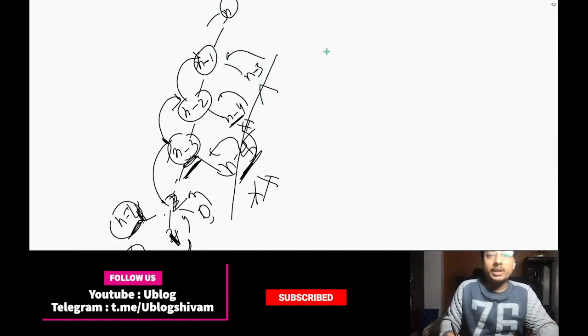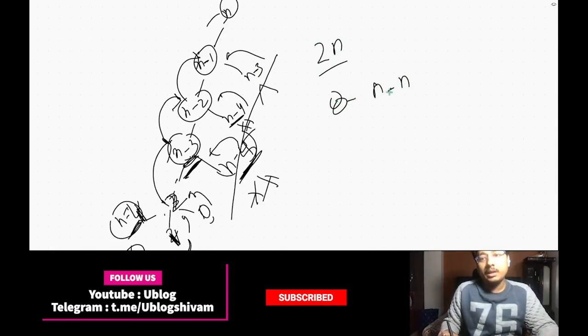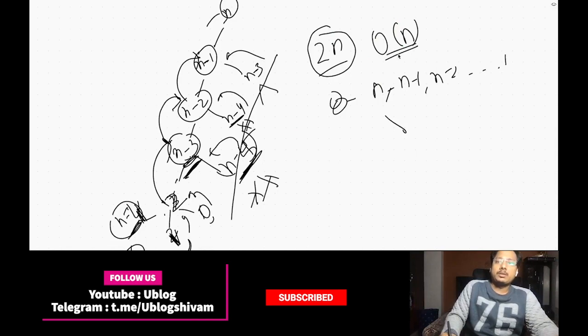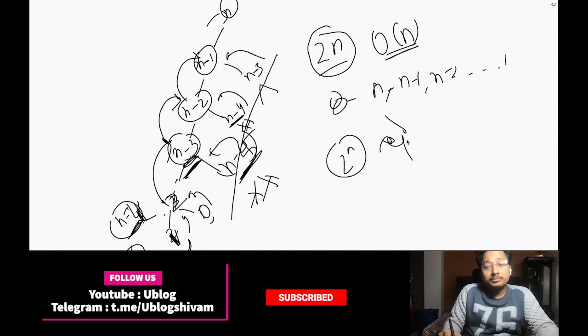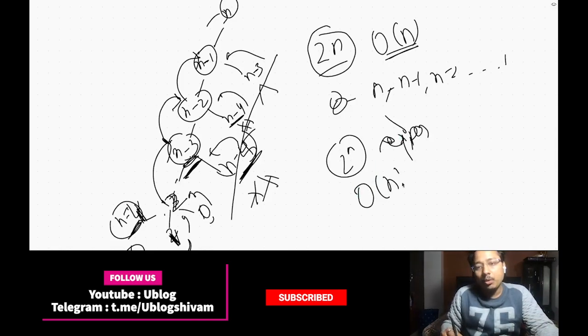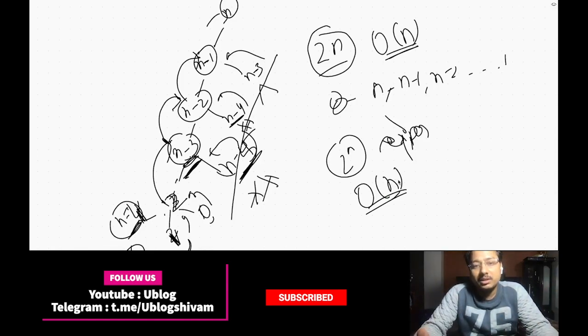So essentially what we are doing is, we are making two n calls, which is from n to n minus 1 to n minus 2 up till 1. And then for every right node we'll have just one call. So essentially we are making 2n calls, which reduces the time complexity to O(n). So earlier, the complexity was 2 to the power n, which is exponential, and you know how slow the exponential complexity is. And now we have reduced it to O(n), linear, which is very fast. So this is the magic of storing the result we have already calculated.